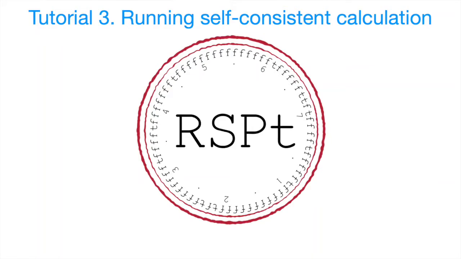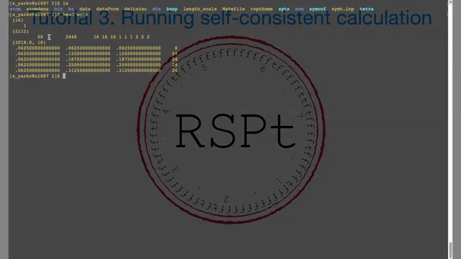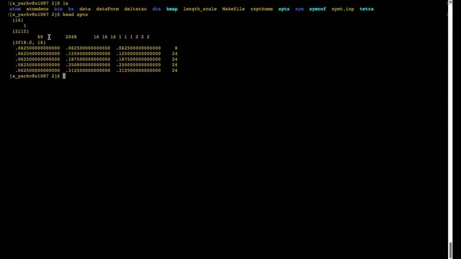In the previous video, we successfully created the data file, and now we are ready to run our first iteration. Let's go back to our example of cobalt iron aluminum. We have 60 k-points in the reducible wedge of the Brillouin zone, and RSPt uses k-point-wise parallelization. So to run the code efficiently, we would use 20, 30, or 60 cores, for example. So let me run on 60 cores